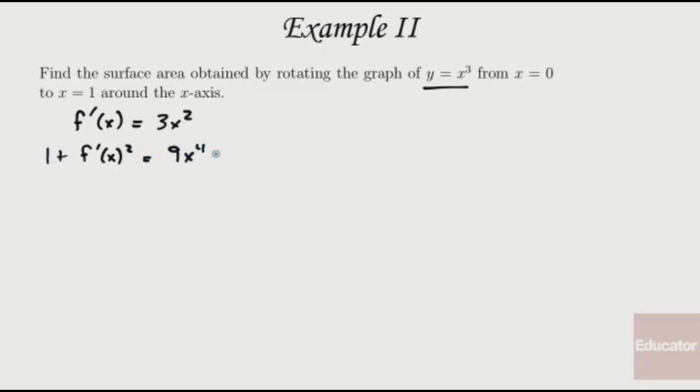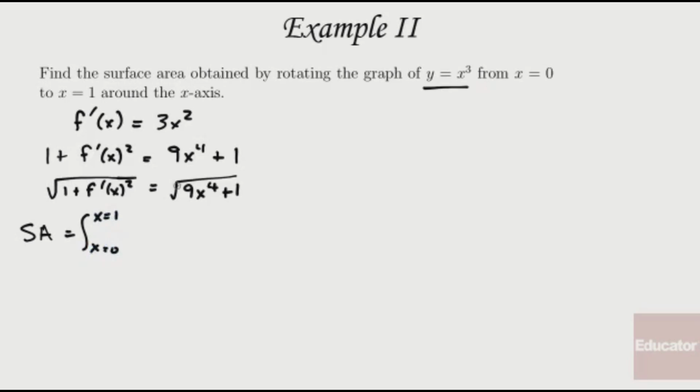1 plus f prime squared is 9x to the fourth plus 1. And the square root of that, 1 plus f prime of x squared, is just the square root of 9x to the fourth plus 1. So our surface area is the integral from x equals 0 to x equals 1 of 2 pi f of x. So I put 2 pi. Now f of x is x cubed, so 2 pi x cubed times the integral of 9x to the fourth